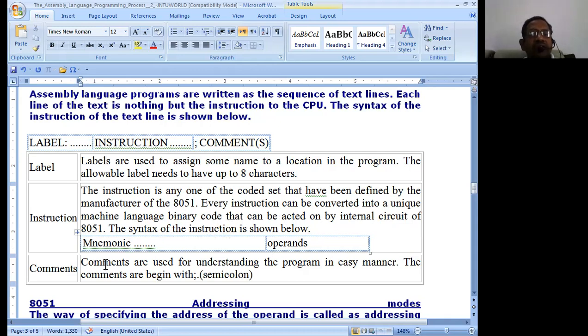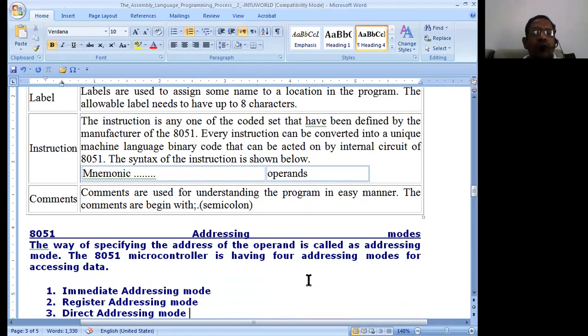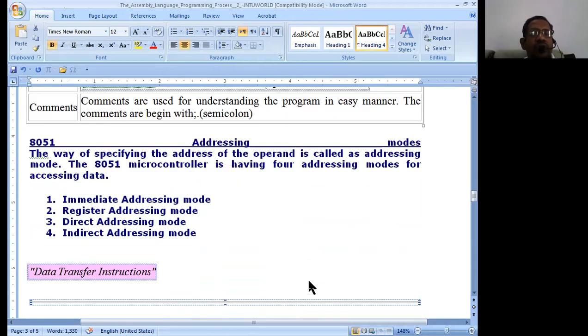The syntax is given simply by mnemonics followed by operands, which has been given already. All the instructions are normally going to use the addressing modes. We already discussed what an addressing mode is: specifying the address of the operand is known as the addressing mode.